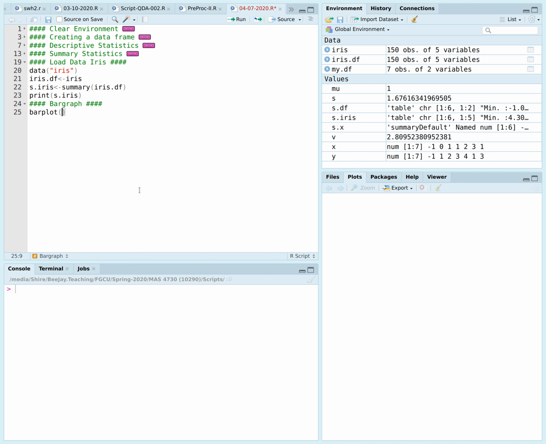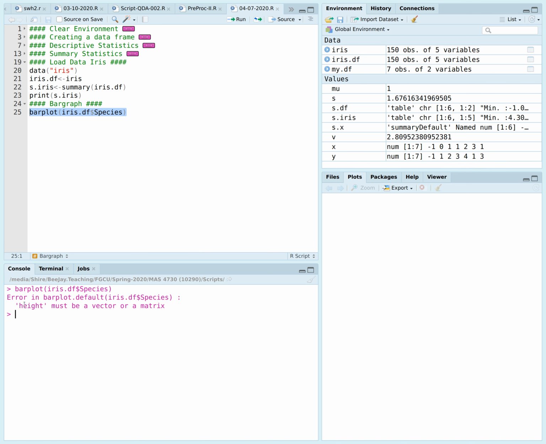And so the name of the function is barplot, and we can take iris.df and access species, because that is the categorical variable, and we can